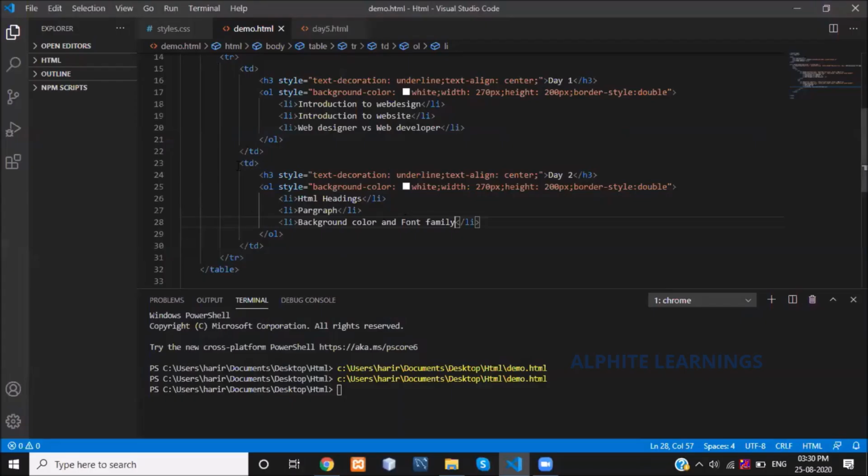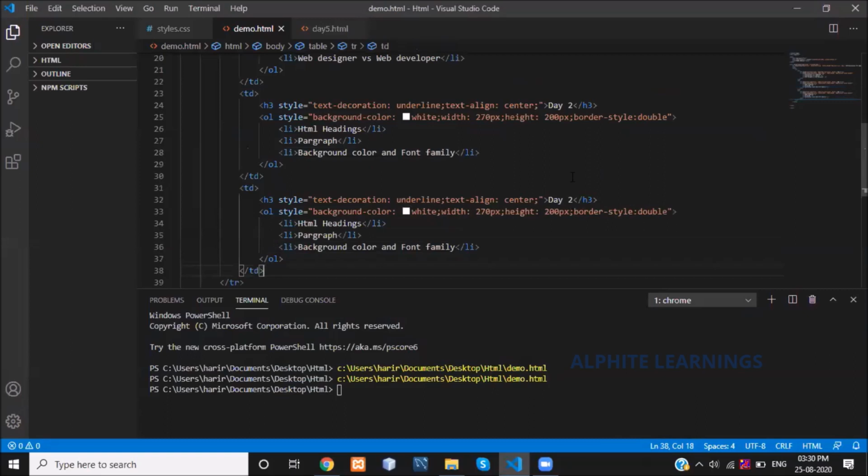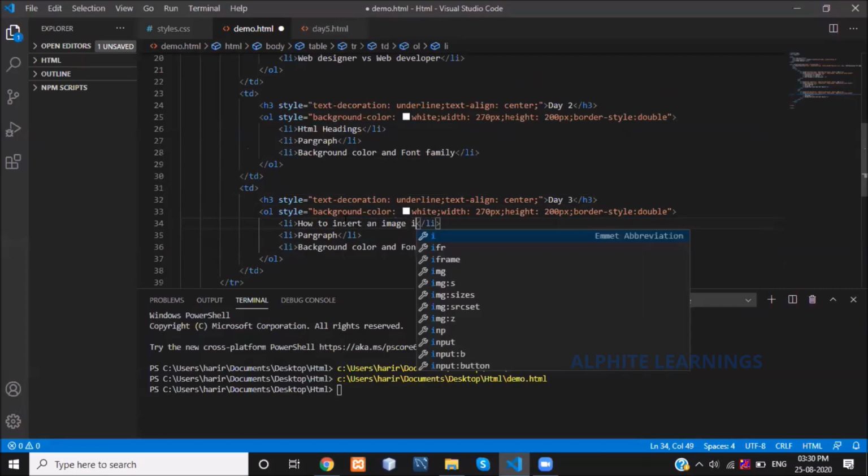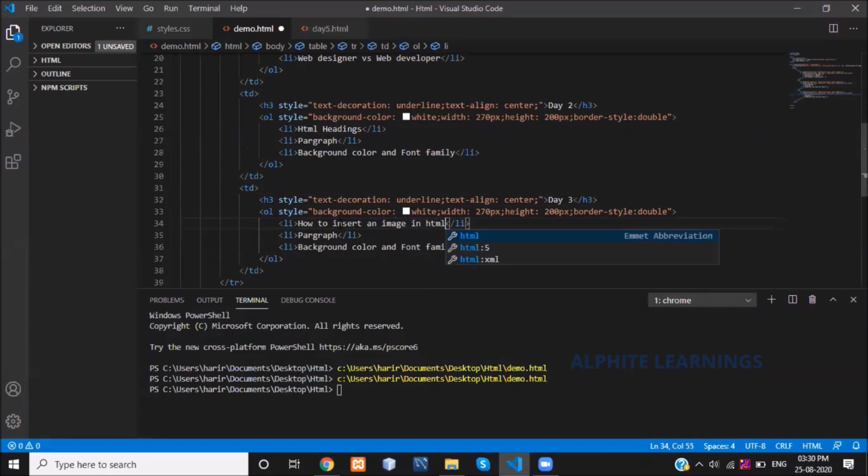Now I'm giving the third day session details. I copied and pasted it and I'm changing the heading to day 3. What are the things we have discussed in day 3? First, I think how to insert an image in HTML. What next? Hyperreference, we have discussed.